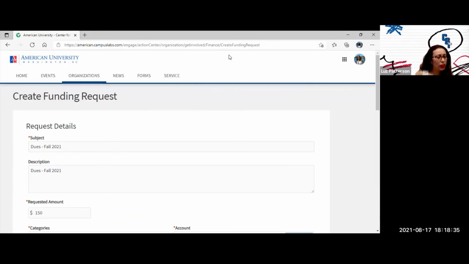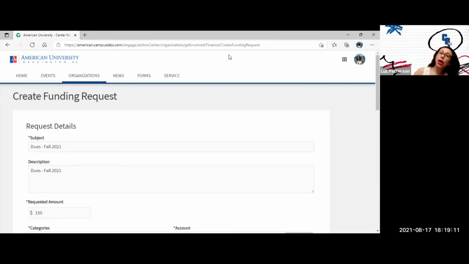Usually for the chapters, your accounts will show up in negative because, again, you don't use purchase requests, you don't get allocation like some organizations do. So this is just more for you to keep track of the checks that you are paying, the dues that you're paying. So you keep track of that, that it was received, that it was deposited and everything. So that's the idea of creating this funding request for your organizations, to keep a good track of that. And in that way, we won't be wondering,